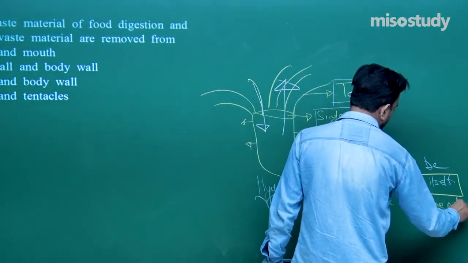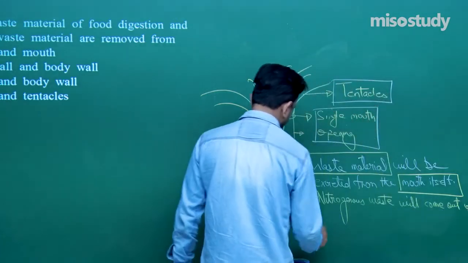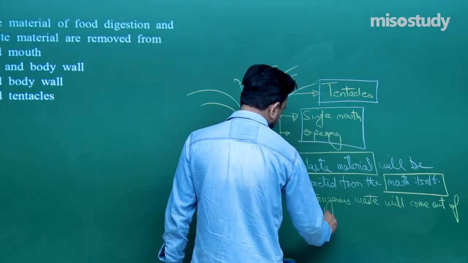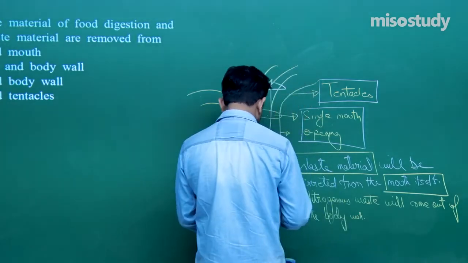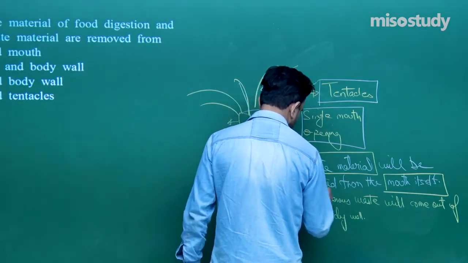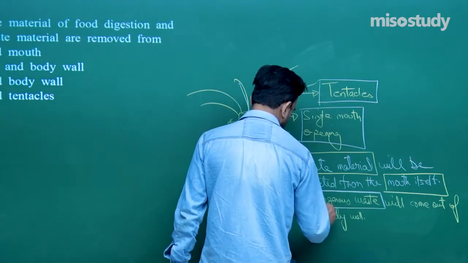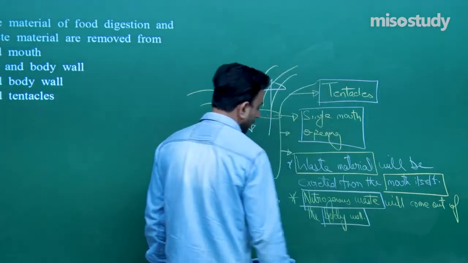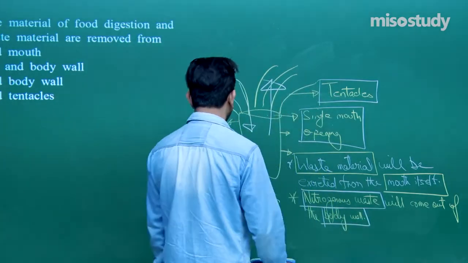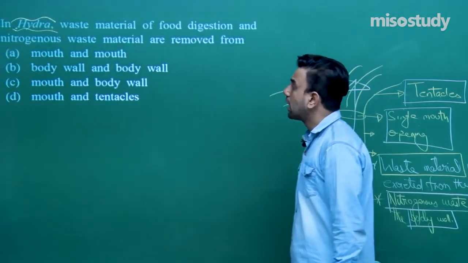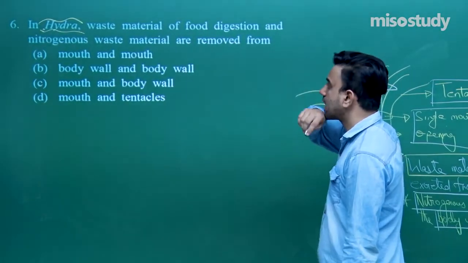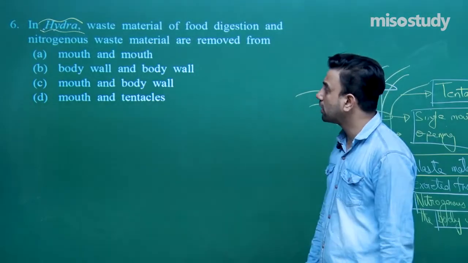will come out of the body wall. Right, the nitrogenous waste will come out of the body wall, and this is what we learnt about the hydra. So in hydra, the waste material of the food digestion and the nitrogenous waste material are removed from the body wall, from